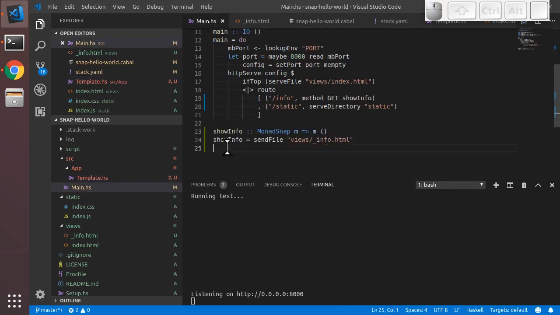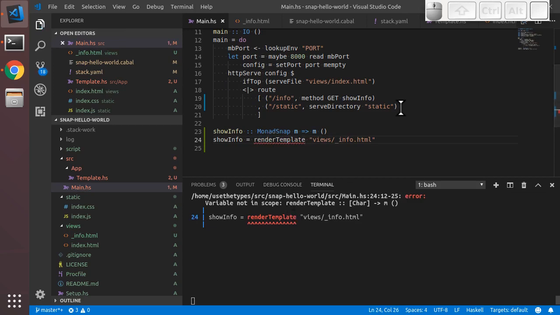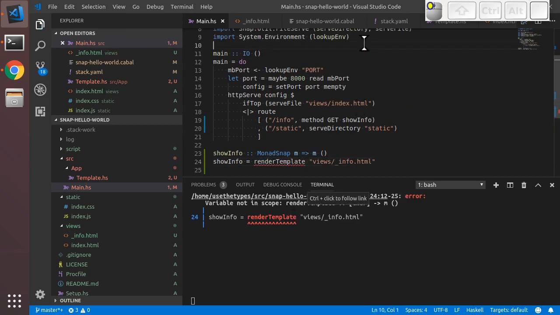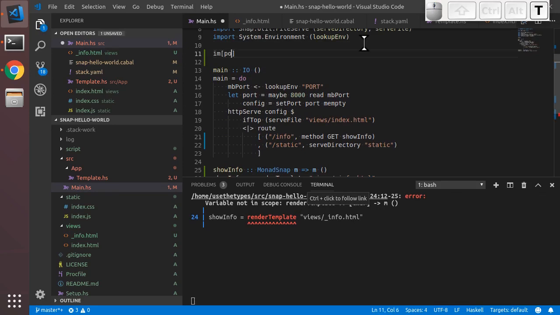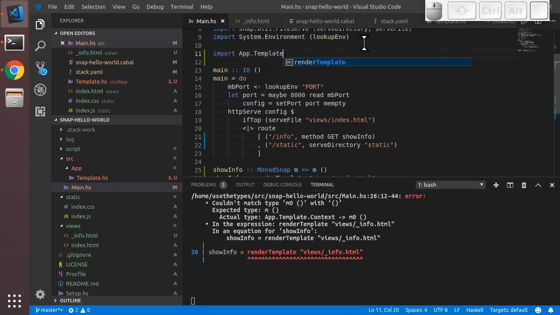and we'll replace our sendFile call here with renderTemplate. Now if we save that, we're going to have some problems. First and foremost, renderTemplate's not being imported, so let's add an import. Oops, up here, to import App.Template. Save. That resolves the first error, but now we'll see there's a type error saying couldn't match m unit with